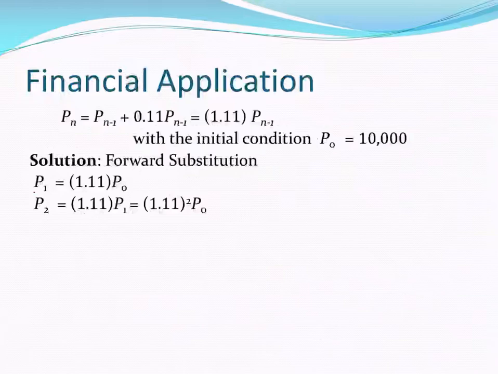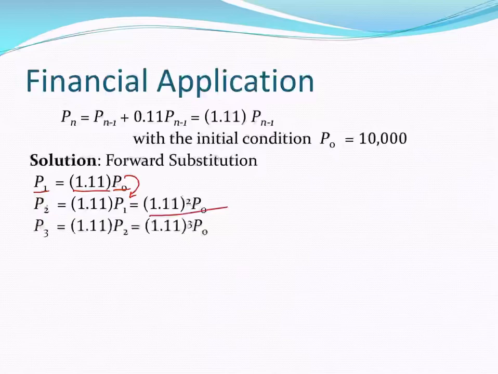So let's start from the forward. P sub 1 is equal to 1.11 times P sub 0, but P sub 2 is 1.11 times P sub 1, and then we substitute that in for P sub 1 to get 1.11 squared times P sub 0. P sub 3 then is 1.11 times P sub 2, but P sub 2 was 1.11 squared times P sub 0, so now we have 1.11 cubed times P sub 0, and you can see the relation of the index to the exponent. They are the same,